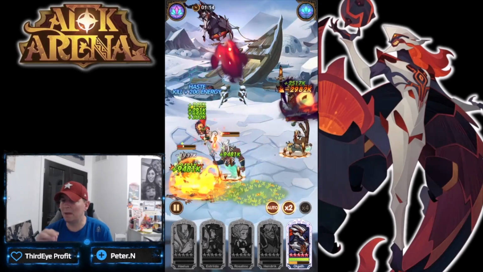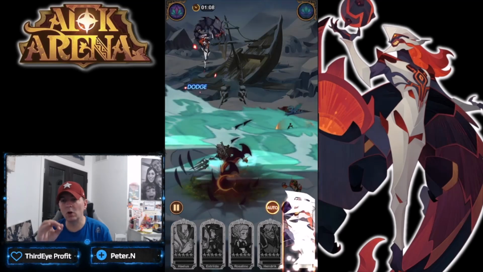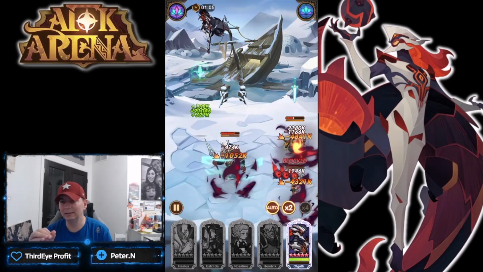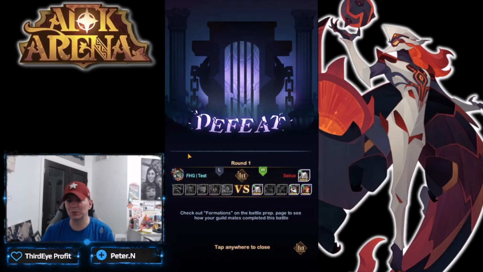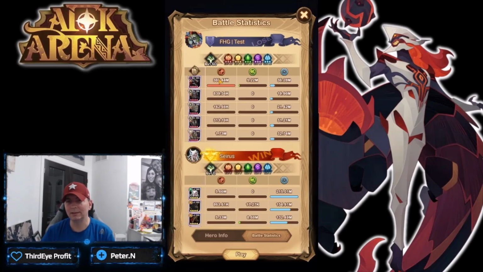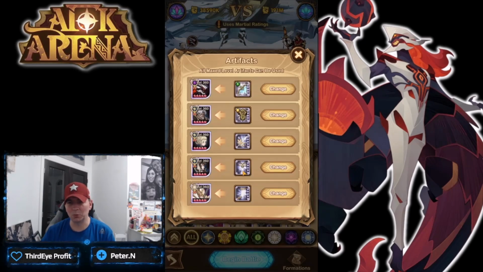But if you look at the amount of ults he's doing, guys, look at that. He burned down... Oh, there's the ult again. He burned down a lot of those targets with that damage. 369 million damage. Wow. That is pretty incredible. Again, looking at heroes like Hendrik,